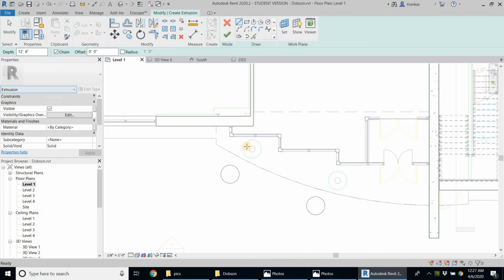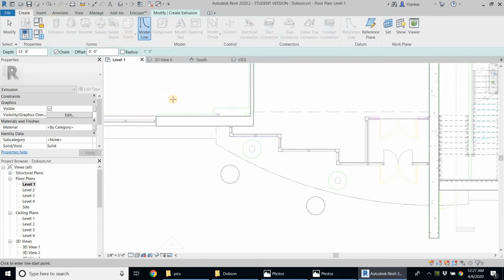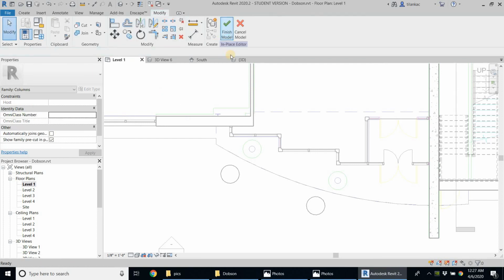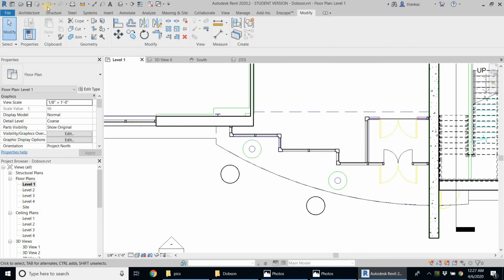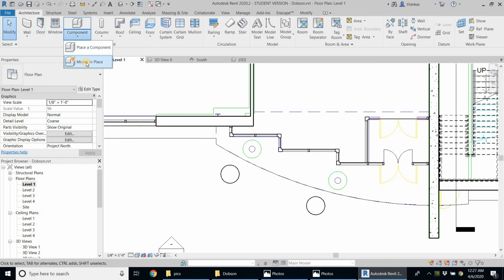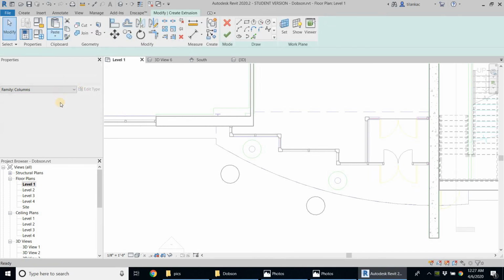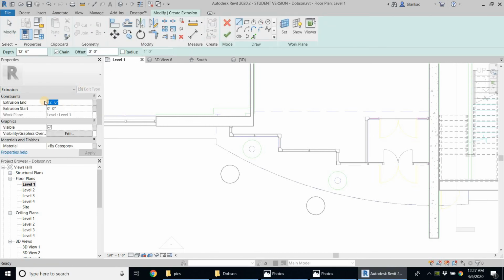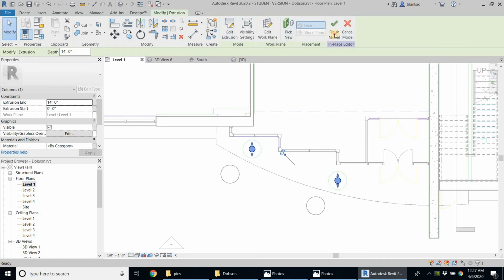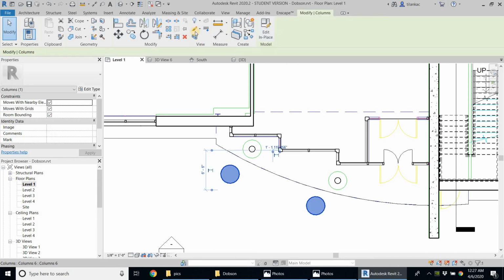Oops, what happened? I think I messed up. Let me go back. Well, what I'm going to do is go to architecture, component, model in place, columns, and column 7, and extrusion. And this one is going to go all the way up to 14 feet, right, from 0. And I'm going to pick the lines for these 2, finish it up, finish the model,